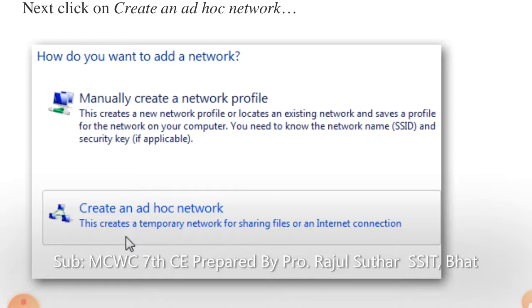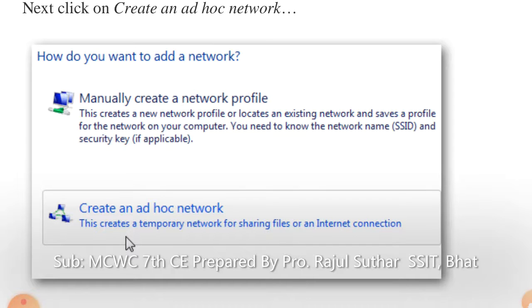This creates a temporary network for sharing files and internet connection. Whenever you click on manually create a network profile, it creates a new network profile or locates an existing network and saves the profile for the network on your computer.